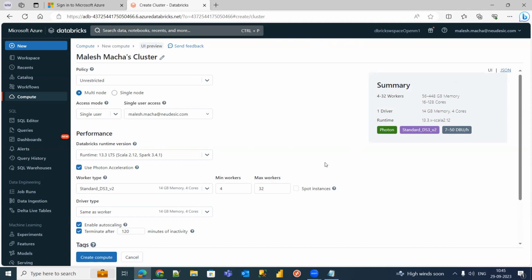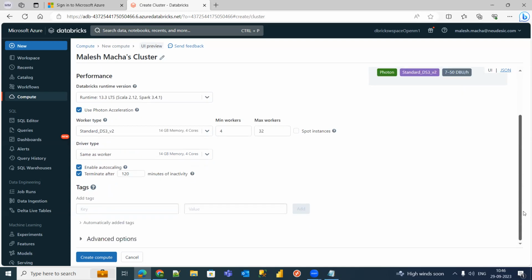So if you increase the number of worker nodes, internally what it is doing, it is increasing the memory and the cores associated with that. And we have an important feature called enable auto scaling. What does it mean by that? So the meaning is, even though you have selected 4 and 32, if you are dealing with terabytes of data that is coming in unexpectedly from the source,